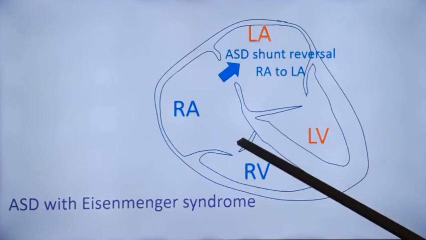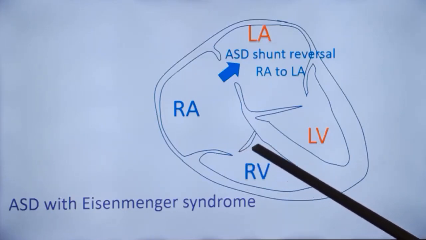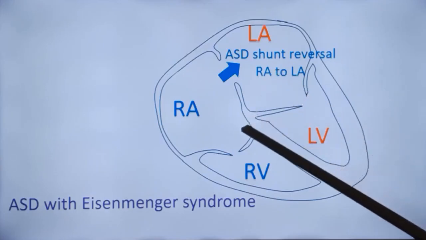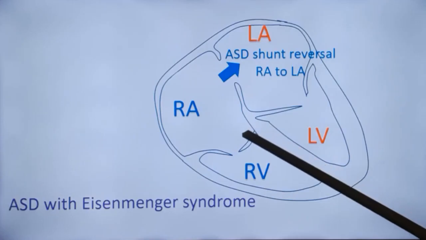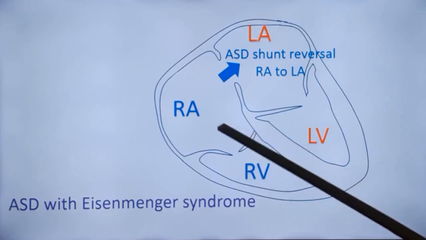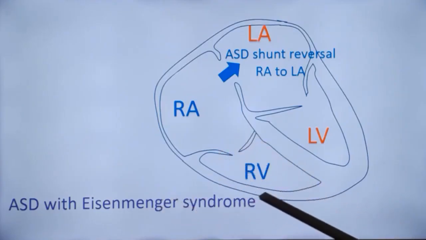So it is a delayed onset of shunt, and larger shunts are common in large ASD. As the pulmonary vascular regression occurs, by the time ASD shunt is established, usually Eisenmenger syndrome is a very delayed